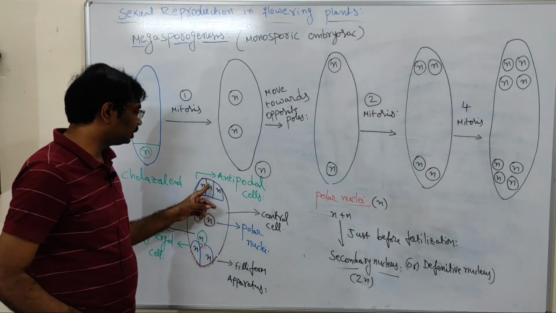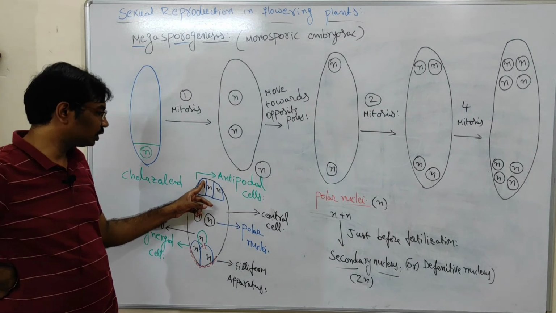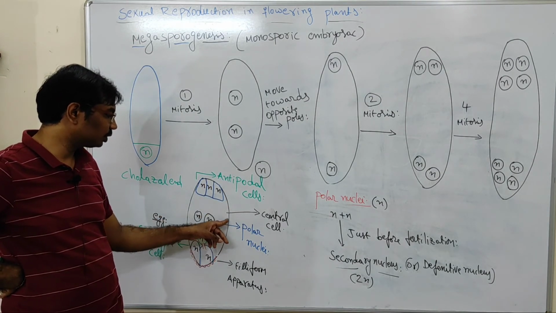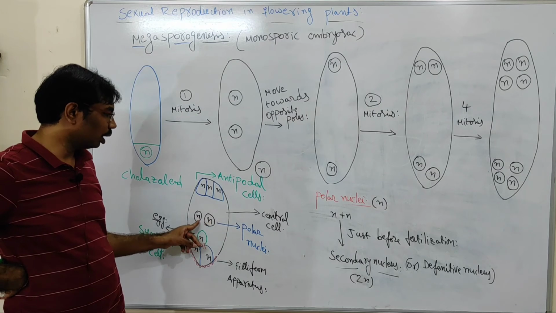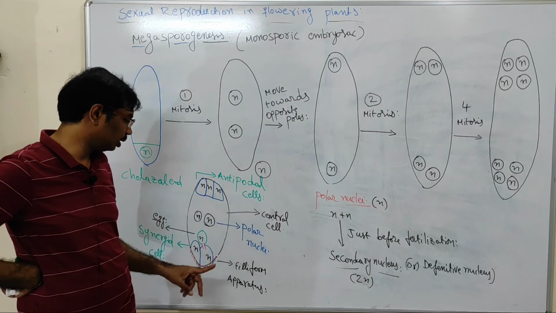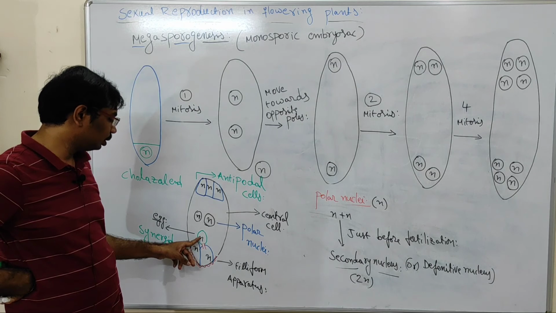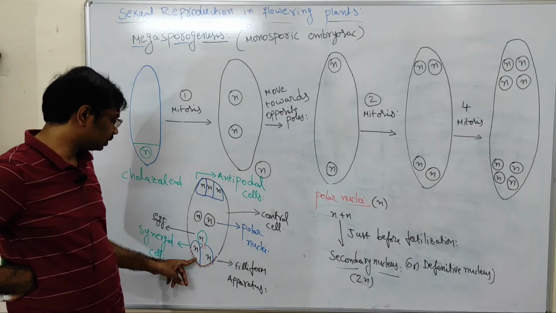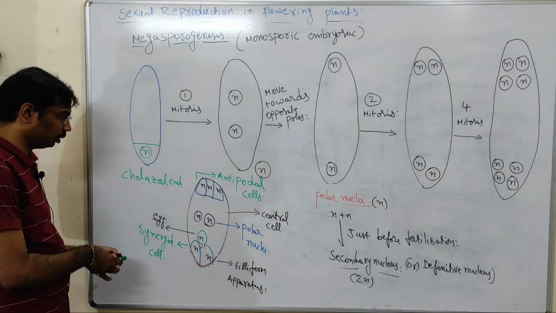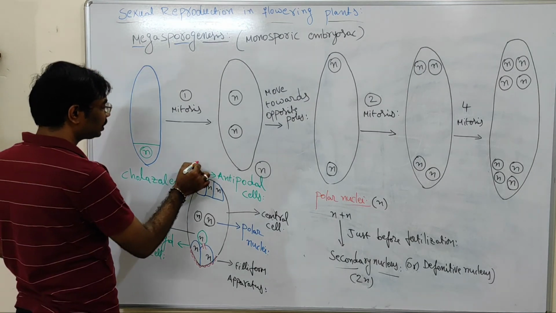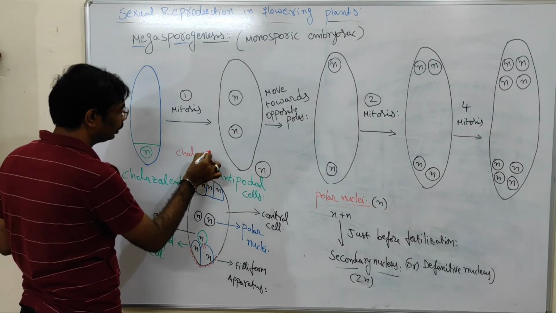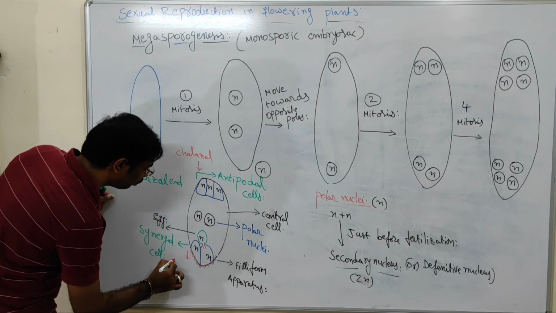Now see, antipodal cells are vegetative cells, and the central cell. The central cell means the outer cell wall of the embryo sac together with the two polar nuclei. This is the largest cell, and it contains the egg cell and the synergid cells. The synergid and egg cells are present towards the micropylar end. The upper region is called the chalazal end, and the lower region is called the micropylar end.